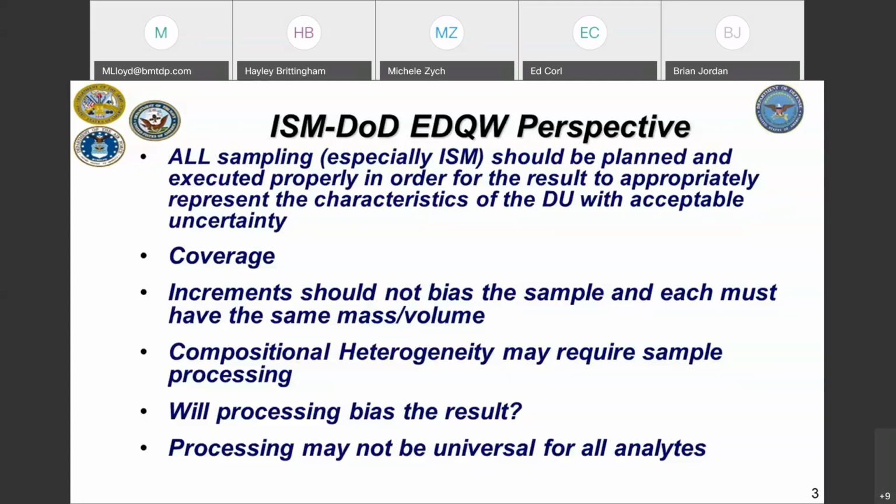You can certainly consider that in the previous slides where we had some of the chunks, right? I really like chunky peanut butter myself, but those chunks are part of the parameter of interest, so we can't exclude them. And the increments cannot exclude a parameter of interest, otherwise we're potentially biasing our sample. So once we sample that, assuming we've sampled those correctly, now we have to process them, right? Because that represents compositional, or what Mark called microscale heterogeneity. It's obviously important that this processing that we do doesn't degrade our characteristic of interest, resulting in a negative bias.